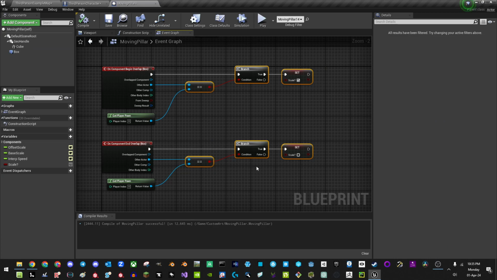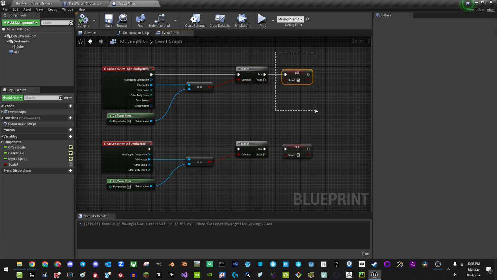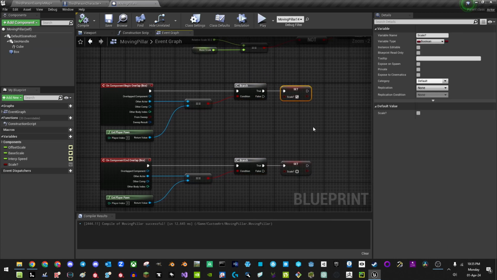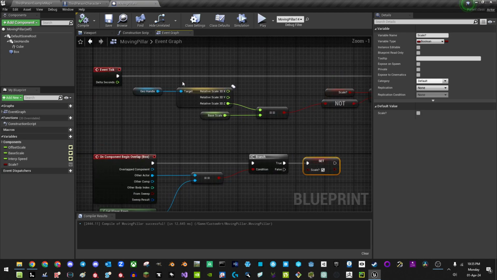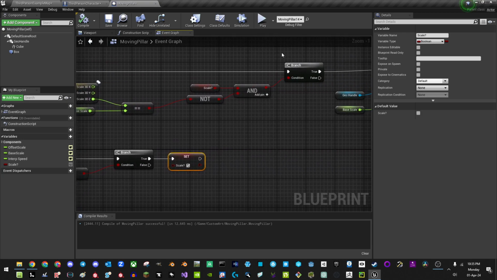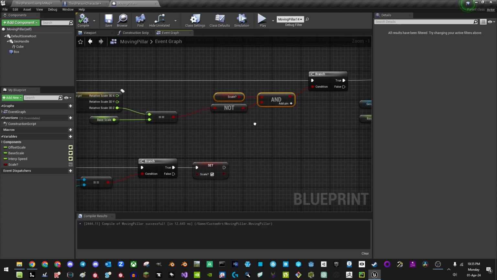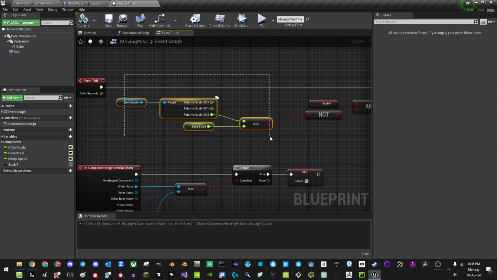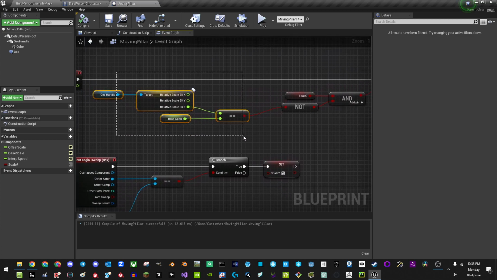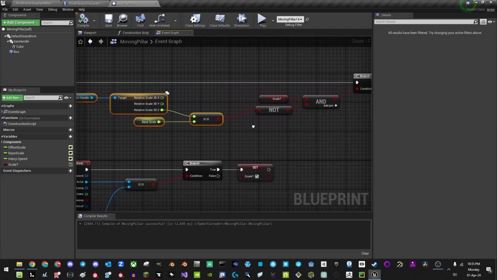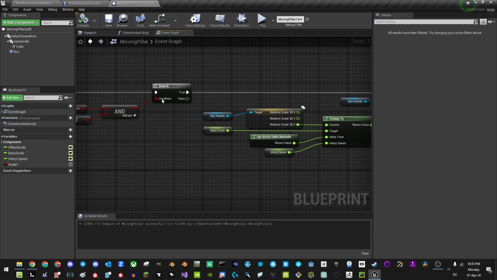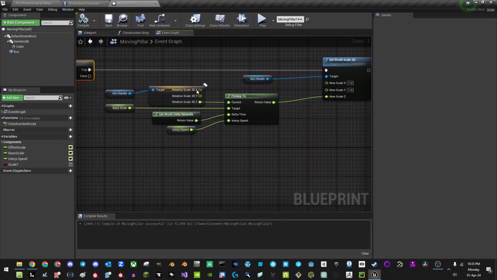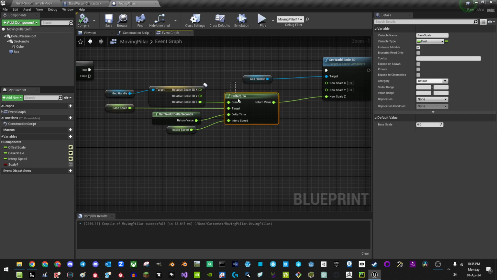And these, assuming it's the player, just set the scaling variable to be true. And then on the tick, it checks that and it's like, hey, is the scaling variable true? And is it not equal to the scale it's supposed to be? Because I don't want to scale things that are already scaled to what they're supposed to be. But if those things are true, then go ahead and get the relative scale and then try to interpolate it